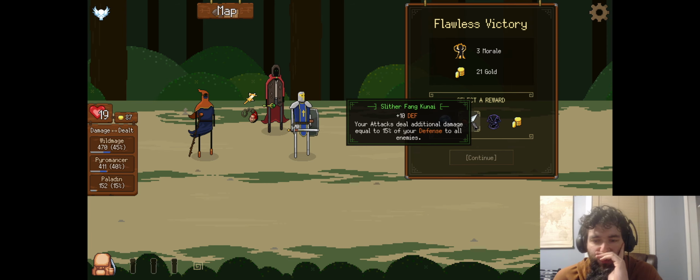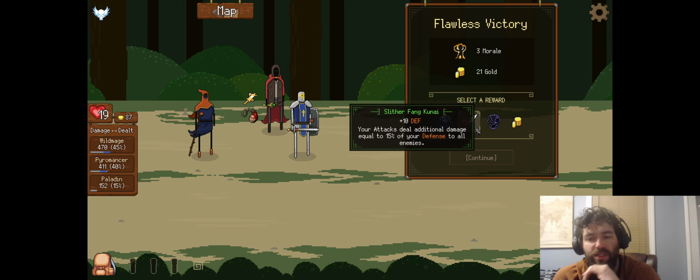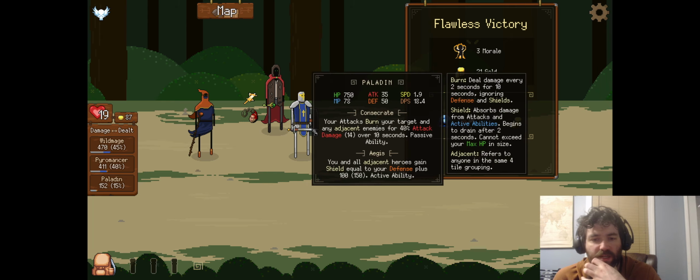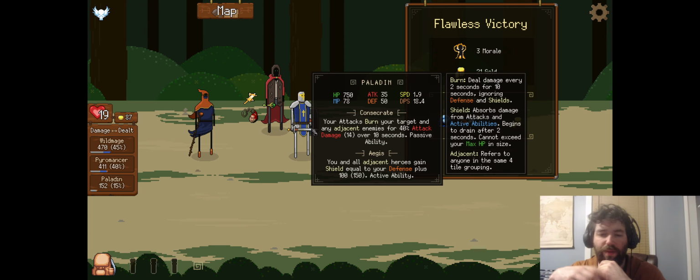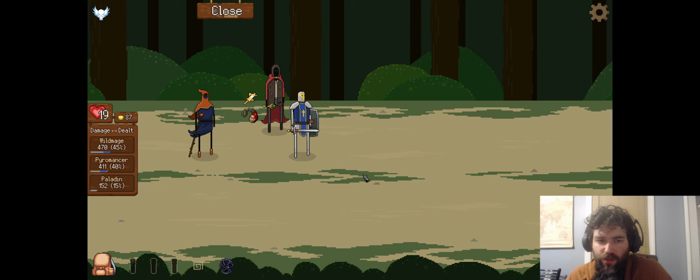I would like something like this kunai. It seems good. 15% of your defense, and it has plus 10 defense, so you have 60. So we'd be doing about, like, I don't know, 7 or 8 AoE damage. That may not be worth it. May not be worth it. I think this is just better. Brain Sage is cool too, but